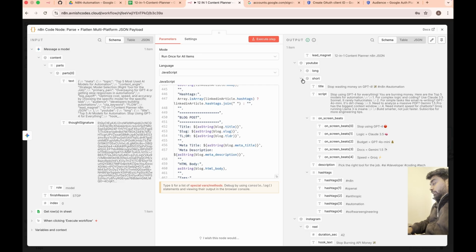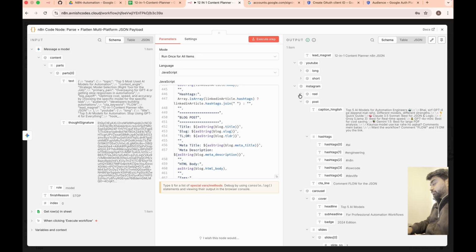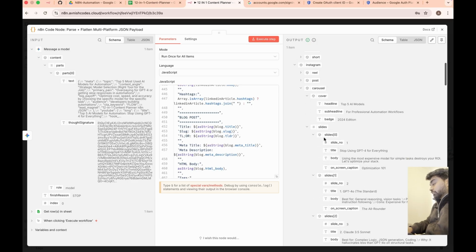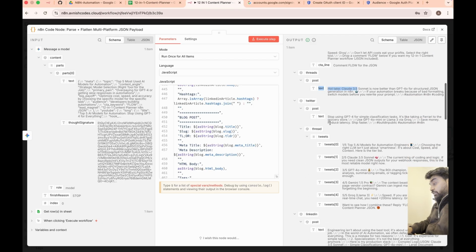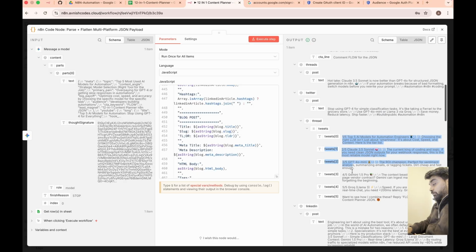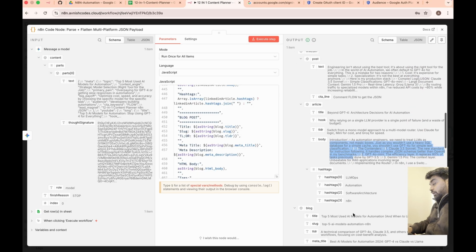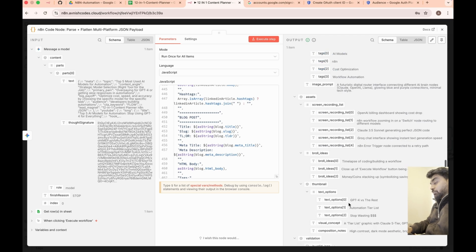If you look, you have short information also, the same for the Instagram reel, and the same for the post and carousel. You will see that there are 10 slides on the carousel. And if you go further, we have a Facebook post, a thread, a Twitter post, a Twitter thread post, a LinkedIn post, and an article. Everything in one go. And we even have a blog also.